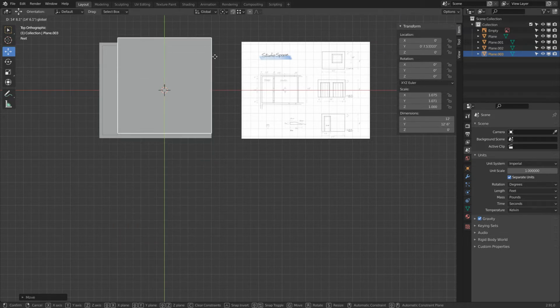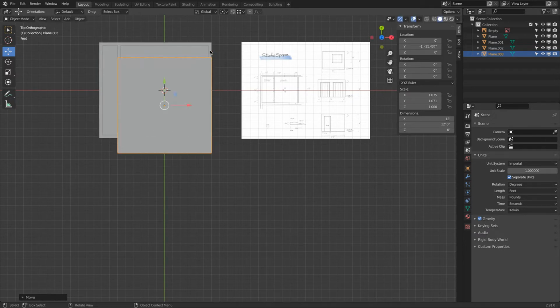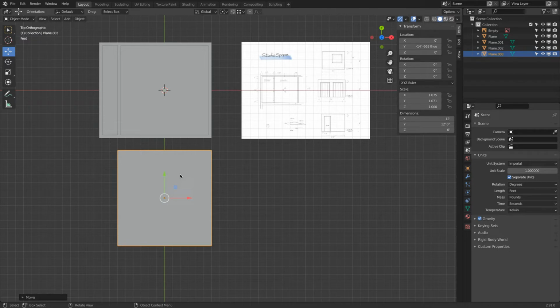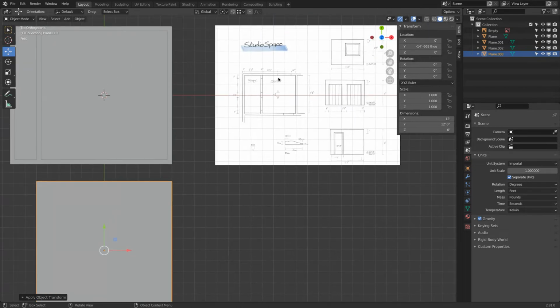Let's double check that this is correct. This should perfectly overlay. Yeah, it does. You see also here and there. Okay, very good. And then Control A and scale. So you see to the interior dimension of this room, I added actually the dimension for the